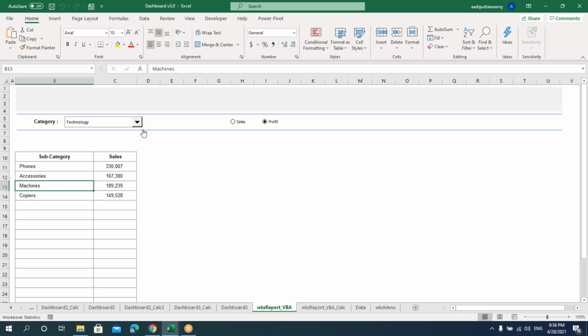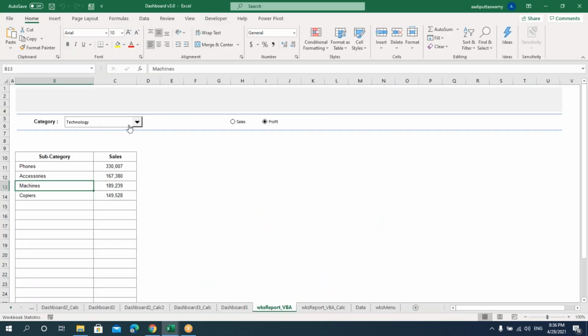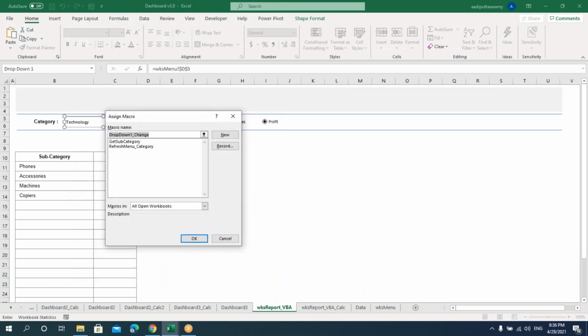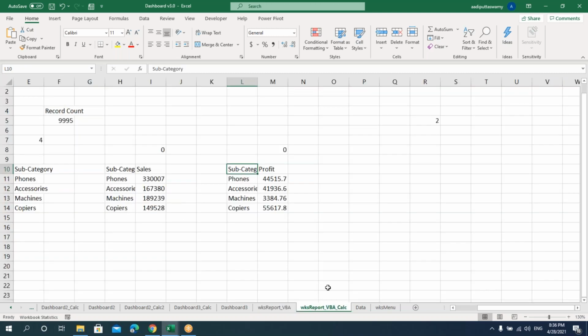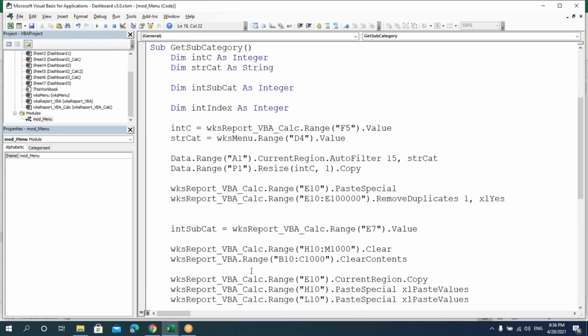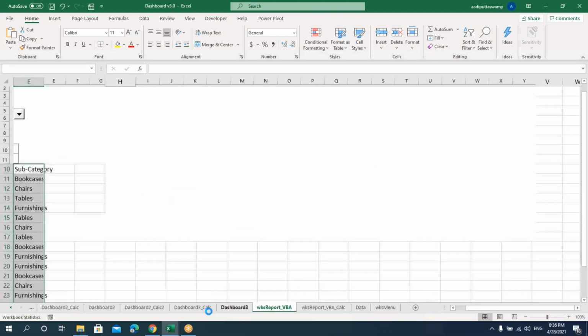Let's try assigning this macro to these buttons, say assign macro, and I'll assign this. Now directly I can go and I can select this so that the data whatever is there will get copied and pasted here. So all the codes whatever is there here will get executed automatically now with this code. Let's go here. I'll say furniture because the data is so much.